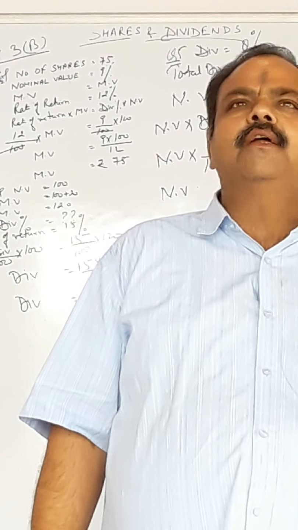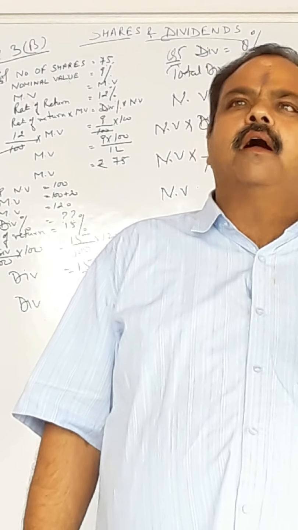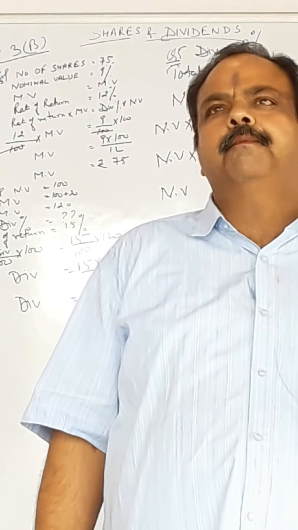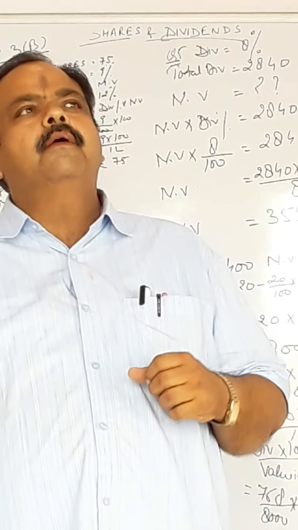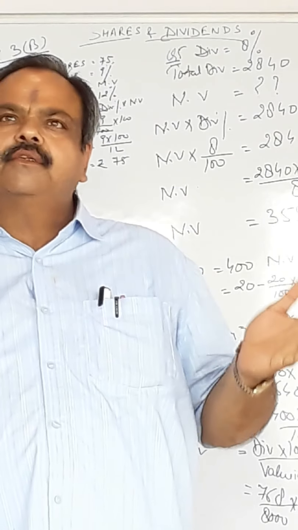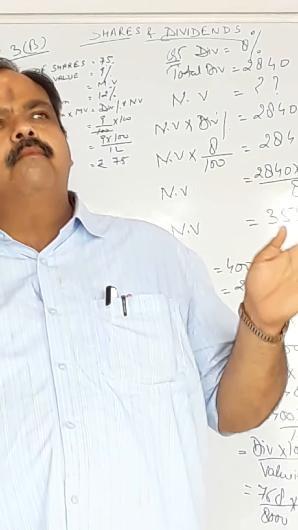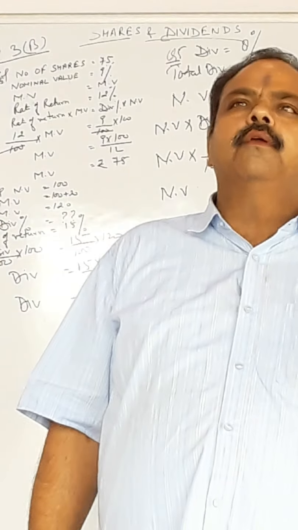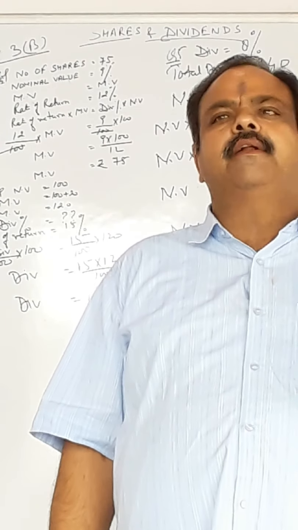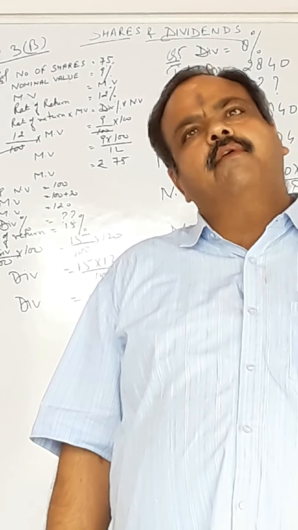In that we have only understood what is the nominal value of the share. Other names of nominal value are face value, value in company. This we have discussed. Market value, when we are buying a share from the market, it is at discount, means less. Premium means more, what we are getting from the company. This we have discussed: number of shares, profit, return and dividend. Dividend is given by the company after 1 year.